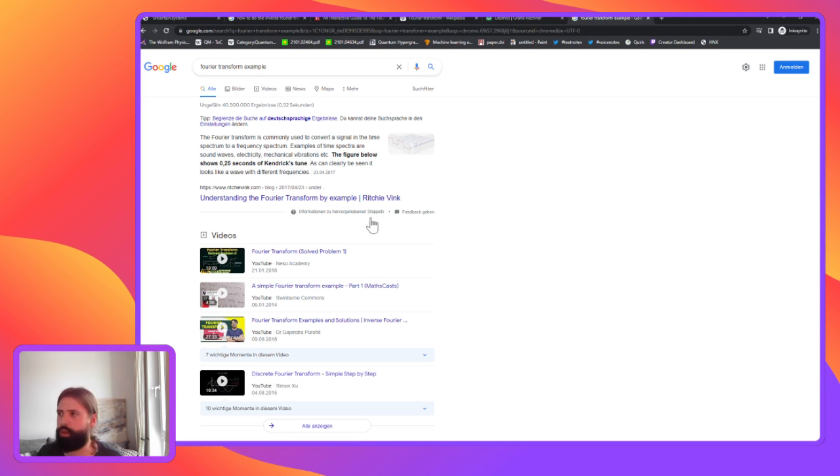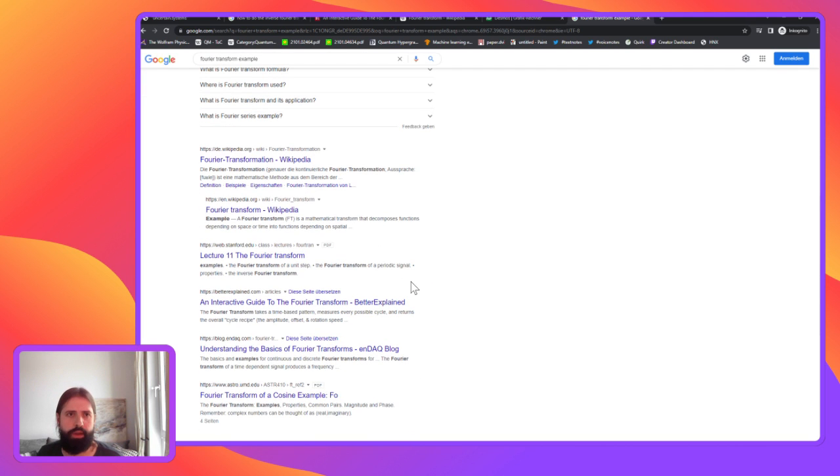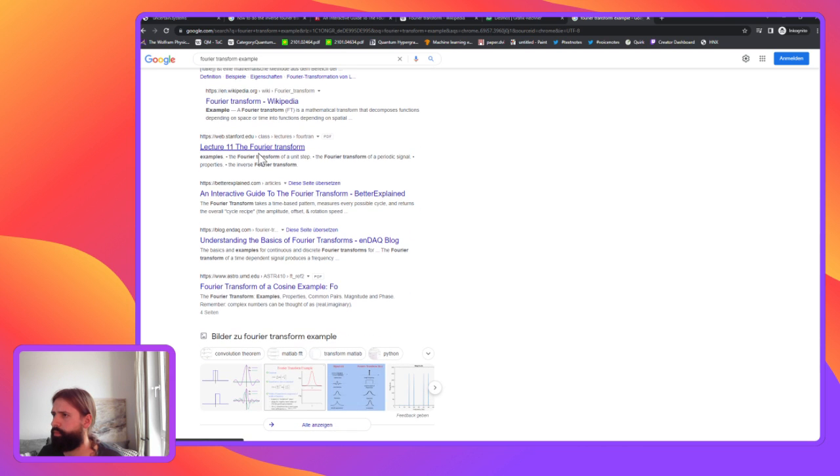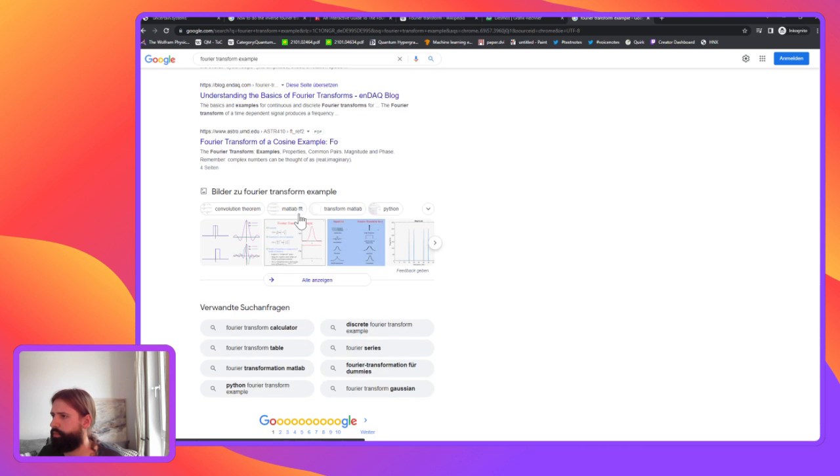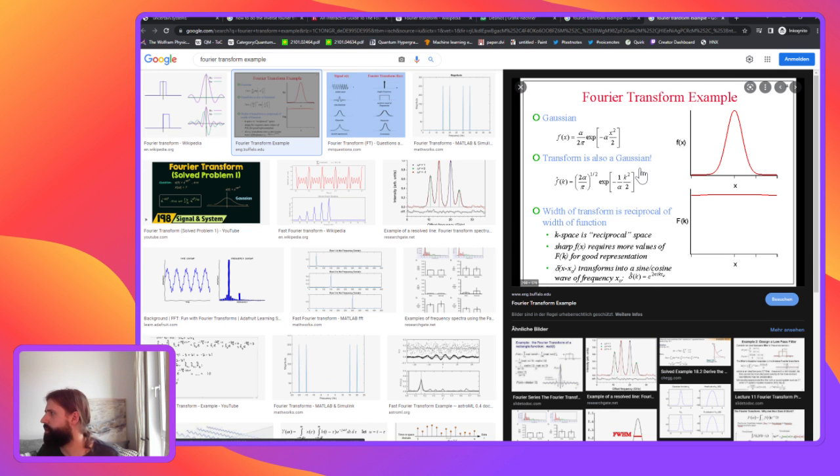Then I'll go through the inverse probably in the next session, because I think I've got 10 minutes left. Fourier transform example. I mean, is it just as simple as like